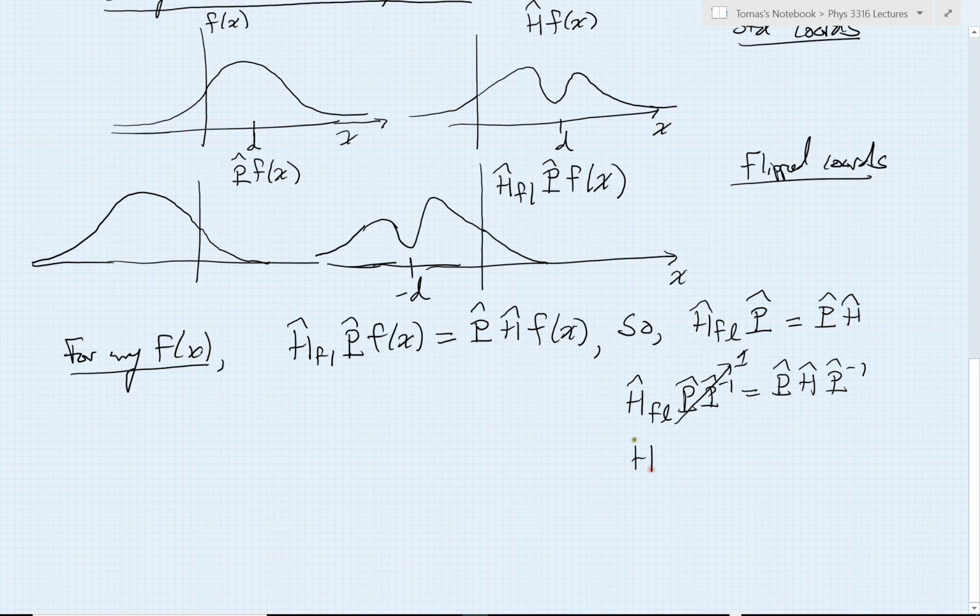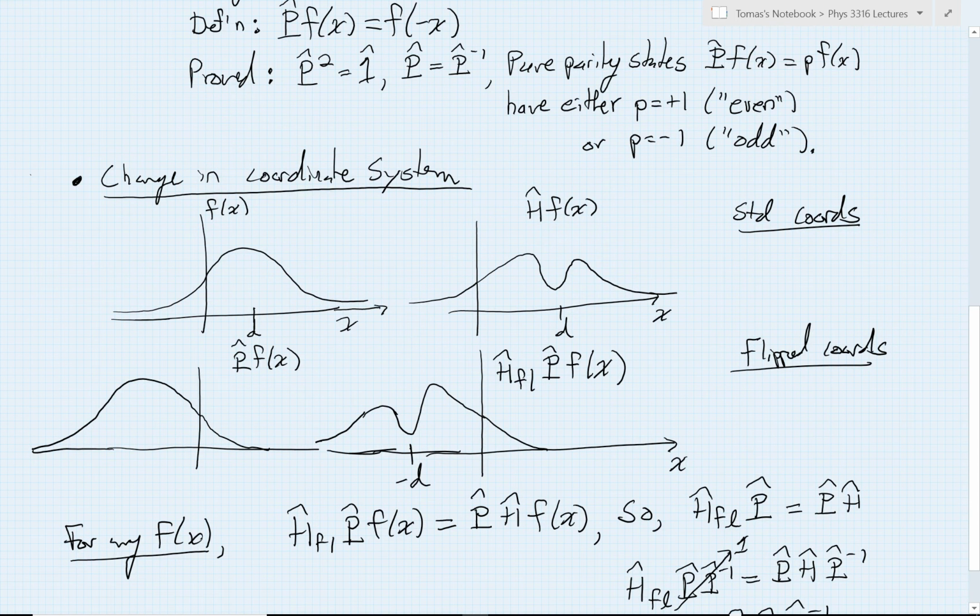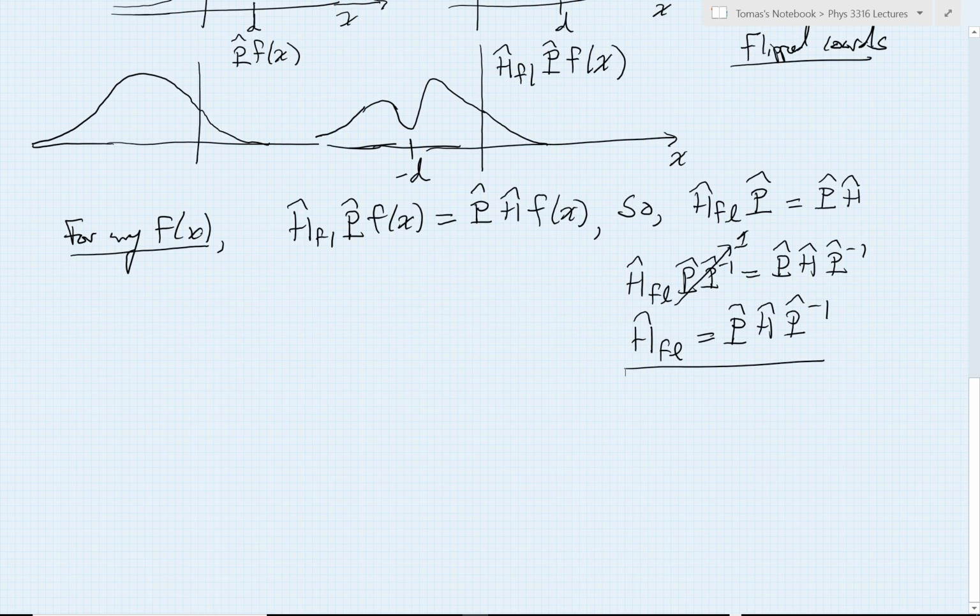And so what I have here really is just a nice equation that tells me what the form of my operator would be in the flipped coordinate system. So this is just, again, a formula for determining the form that I expect for my Hamiltonian in this new coordinate system. So at this point, I've made no real claims regarding symmetry. Let's now think about what symmetry should teach us. So for symmetry,